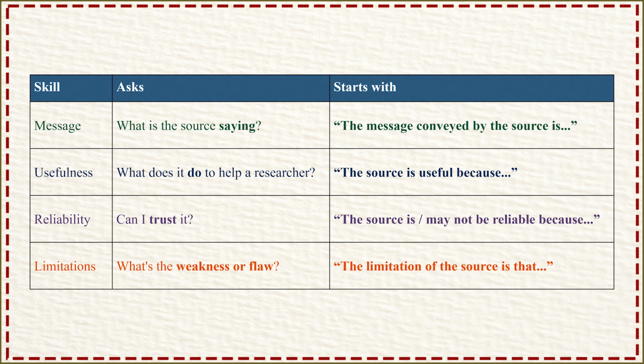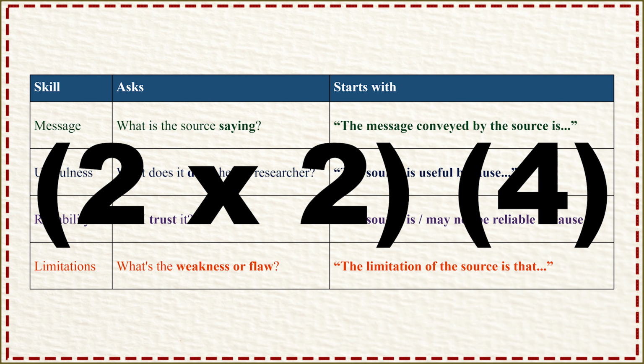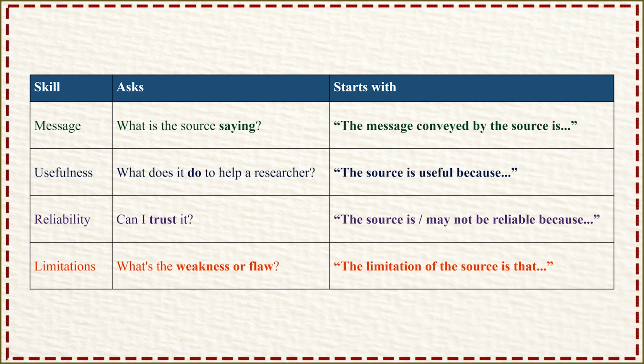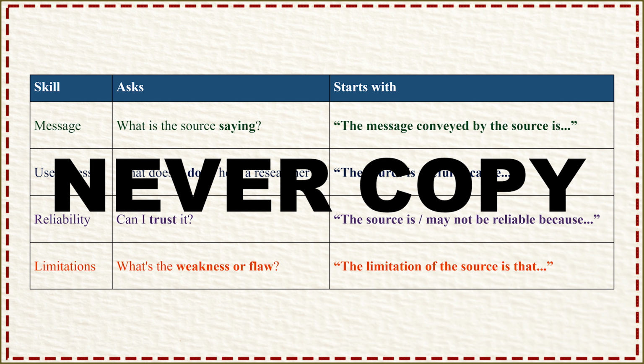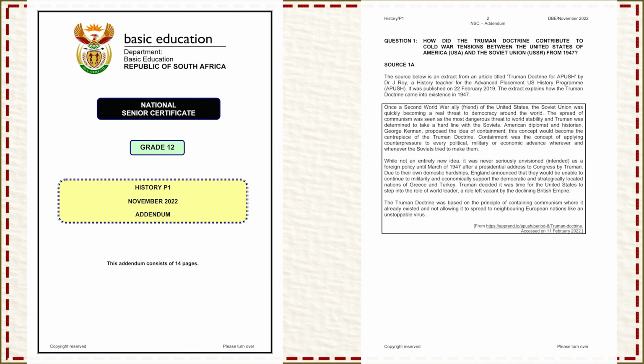Take note, all these four skills usually come with a 2x2 mark allocation each, meaning two answers needed for each question. Another important thing to keep in mind is that when presenting your answers, you should never copy anything from the source, even if what is copied answers the question, because these are not skills for extraction questions. Instead, use your own words all the time when responding to questions that require these skills. Keep the image of the table in your head, because we are now going to test it on the actual